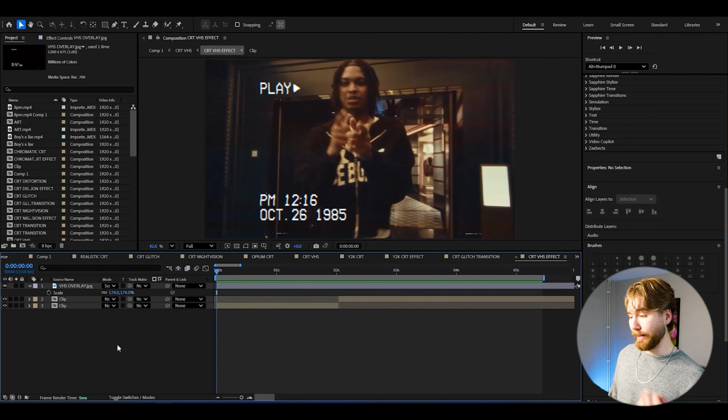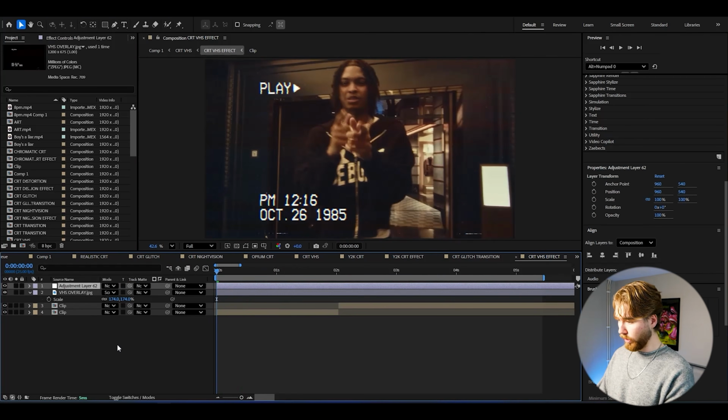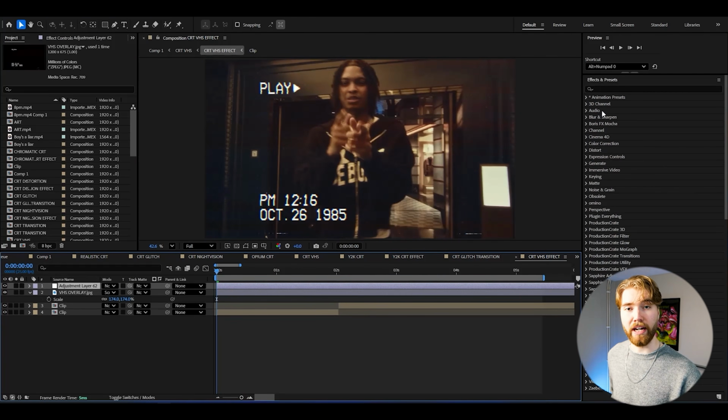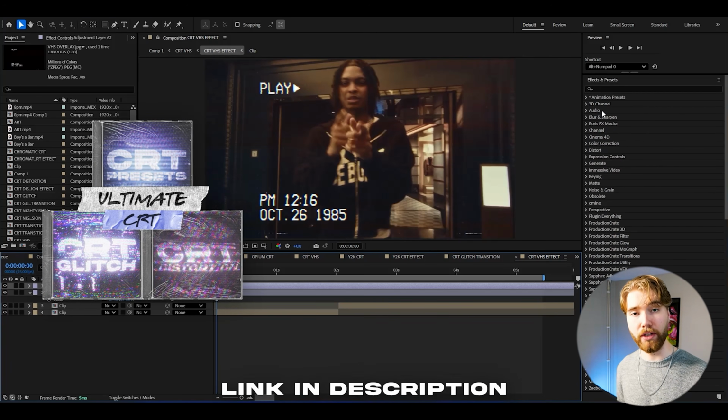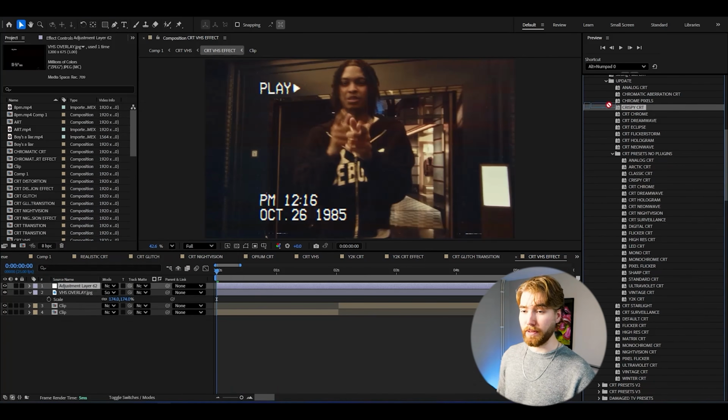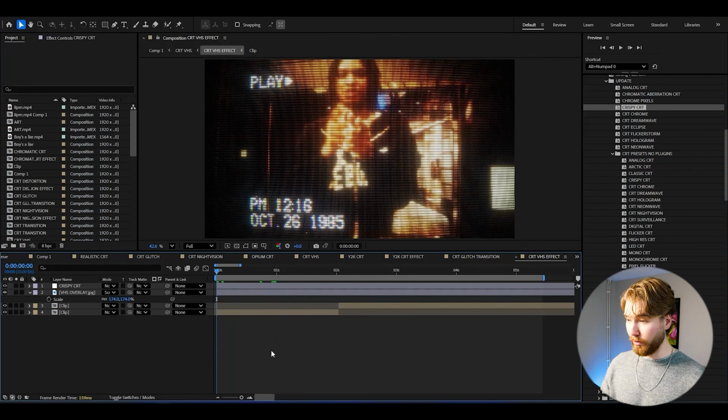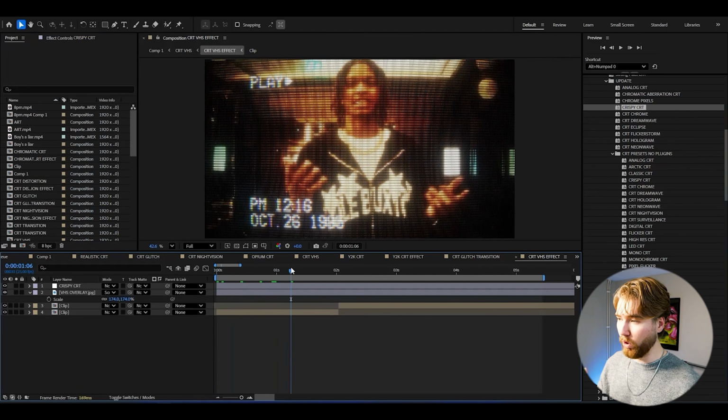Now after that, I'm going to be making an adjustment layer here, so press Ctrl-Alt-Y. And here I'm going to be using the CRT presets pack, which is a part of the Ultimate CRT bundle. And here I'm going to be using the crispy CRT drag and drop. And now it's going to look something like this here. Super cool. Already got this kind of CRT VHS style to it,